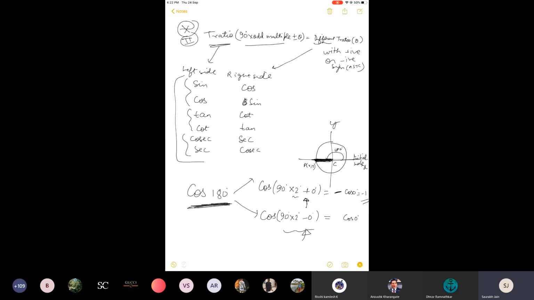Now the question comes whether to write plus or minus. In the second case I am taking it as 180 minus, which means second quadrant. But you know that in the second quadrant also cos is negative. In fact, cos is negative in both the second and third quadrants. Because of this, the value comes out equal, and the value is minus 1. So for such angles you can consider any one of the common quadrants, and they will always give you the same value. All right.